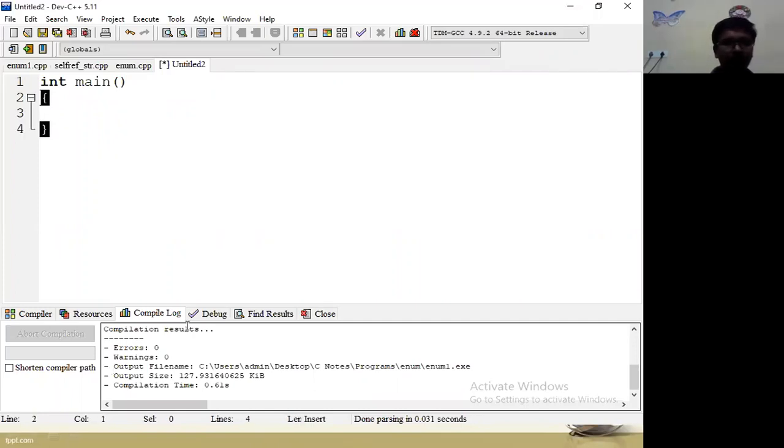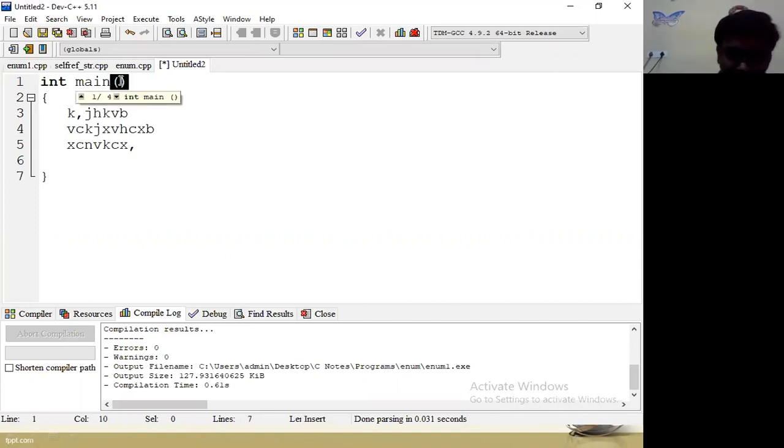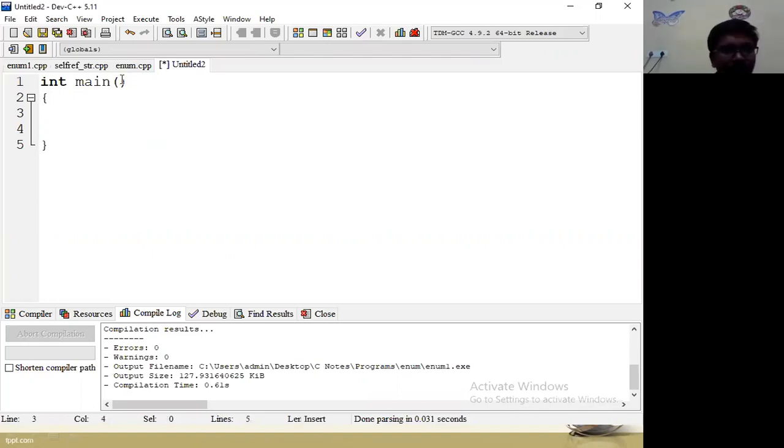More instructions are there within main, but till now we are not using the main function parameter part. Now, for the command line argument, we have to use this main function part explicitly.